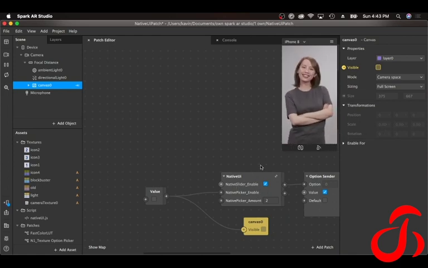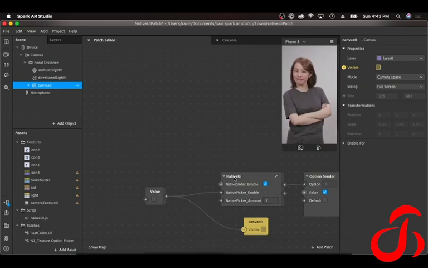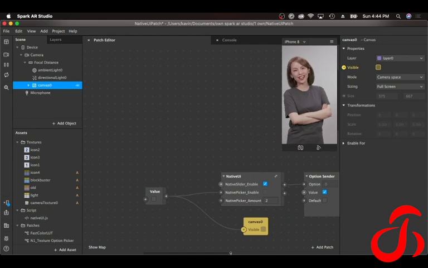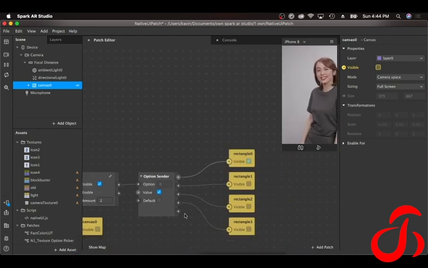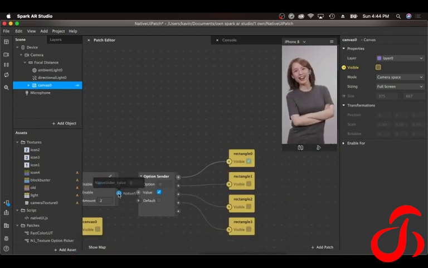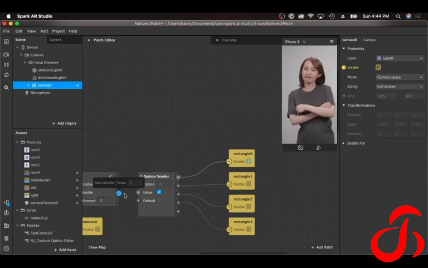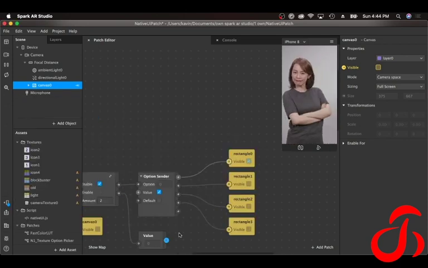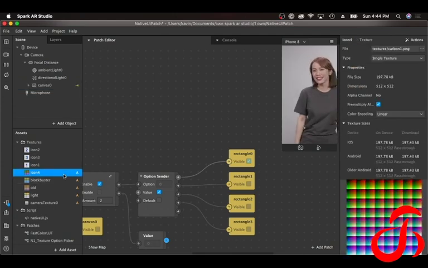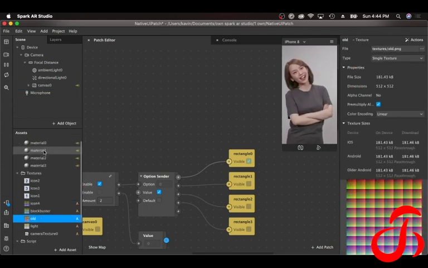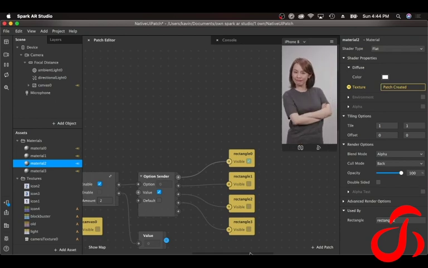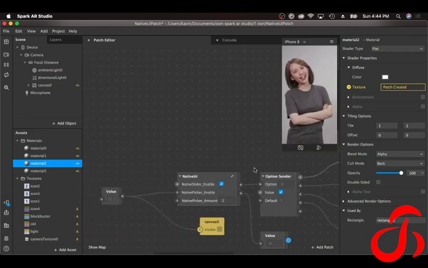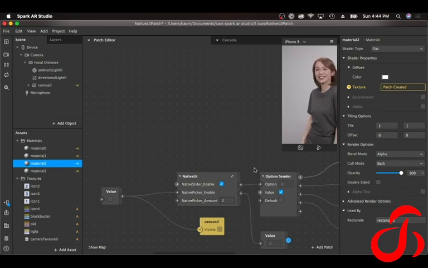And for the native slider, as this is not going to be visible over here, we can just get the values of the slider if you enable it, from native slider value. So if I put the value over here, I can use this value to reduce or increase the opacity of any of these materials.